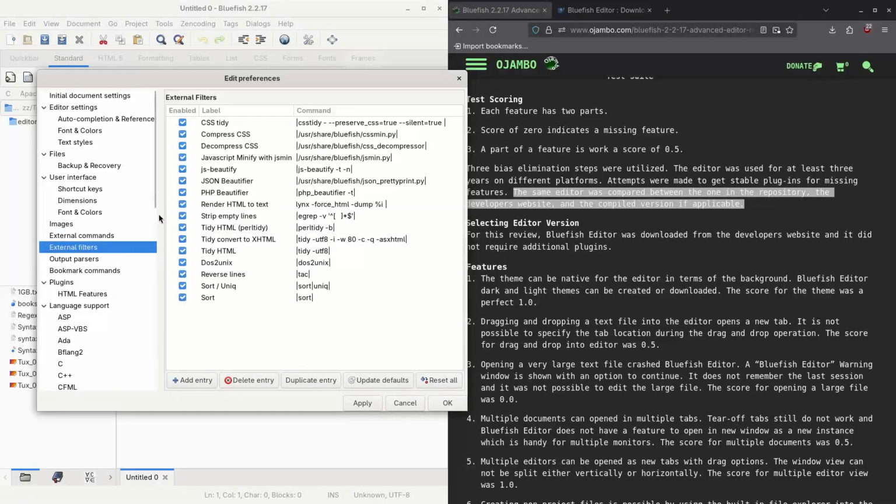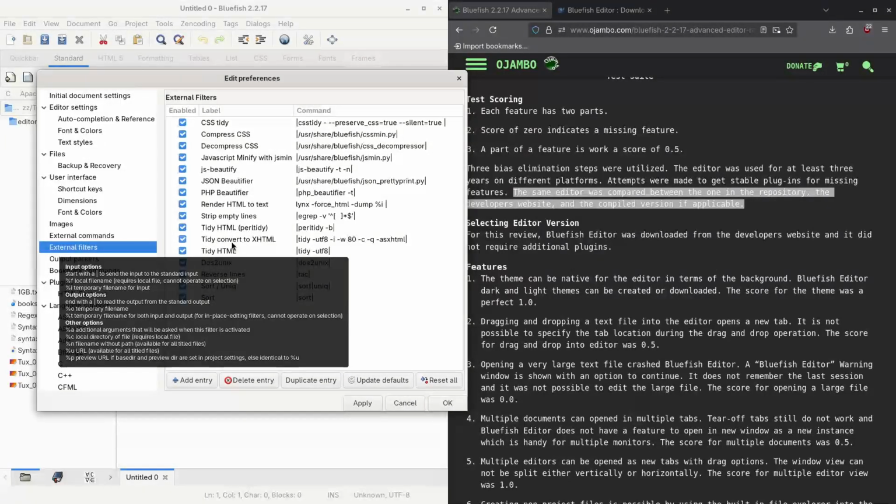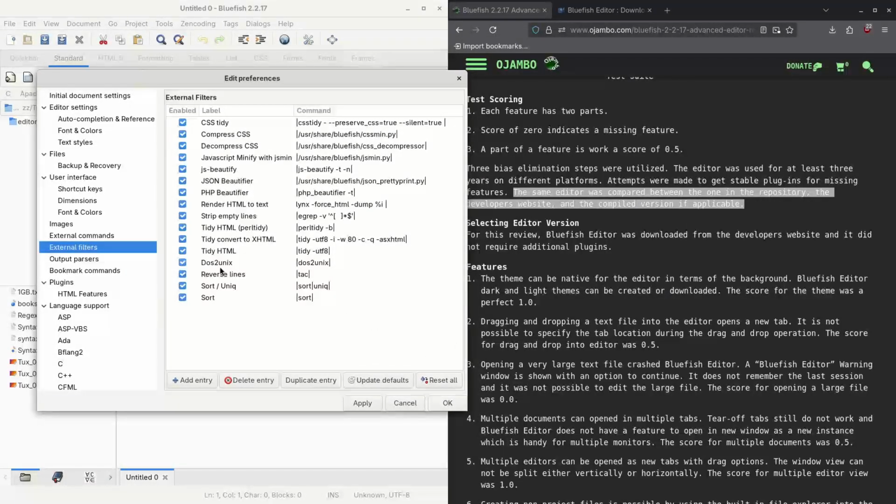And then there's external filters. You have CSS tidy, compress CSS, decompress CSS, JavaScript minify with JSmin, JS beauty, JSON beautifier, PHP beautifier, render HTML to test, stripped empty lines, tidy HTML using period tidy, tidy convert to XHTML, tidy HTML, DOS to Unix, reverse lines, sort / unique, and sort. And obviously you can add your own entry, basically just add it there and then to use the command line